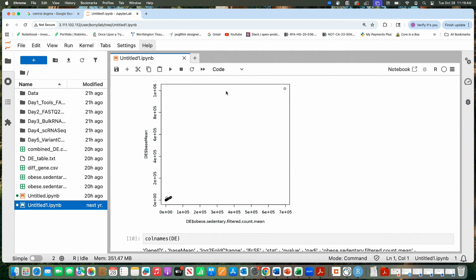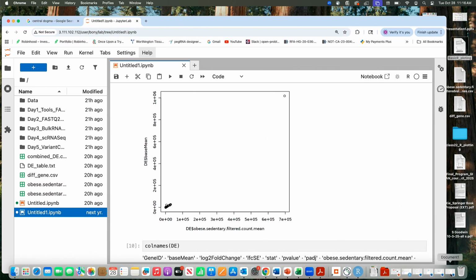Because of this outlier, all the other data is squeezed. So one way of doing it is to create a threshold for our y-axis and x-axis. That means that one outlier will be cut off at a lower value, and that will increase the spread of the data. But looking at it, we don't know what the values might be. We can guess something like 10,000 will be the value here. So what I will do,